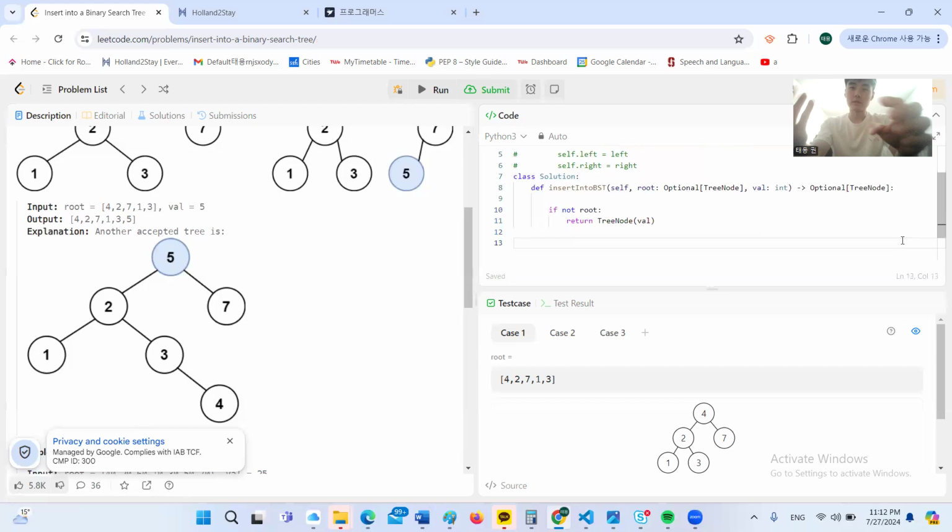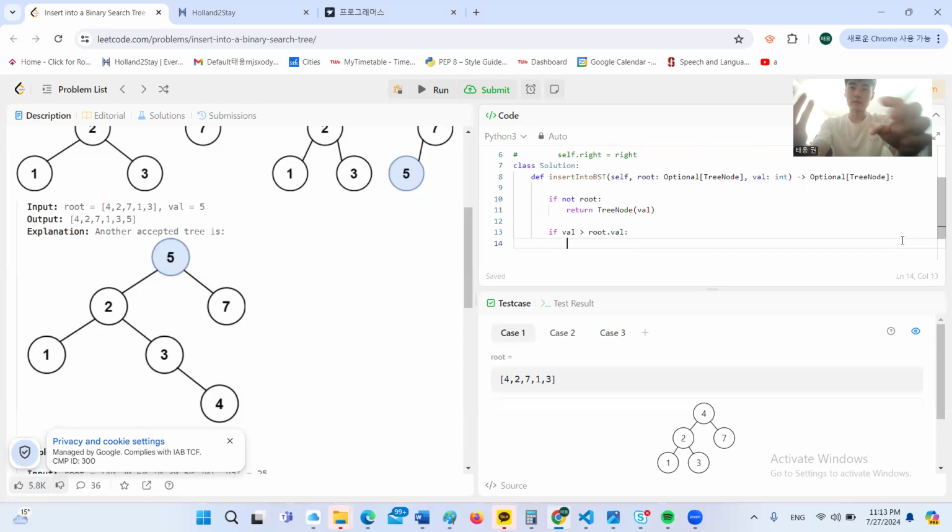Now, if the value of the children is bigger than the root node, then we have to insert it into the right subtree, right? So that will be: if val is bigger than root.val, then root.right